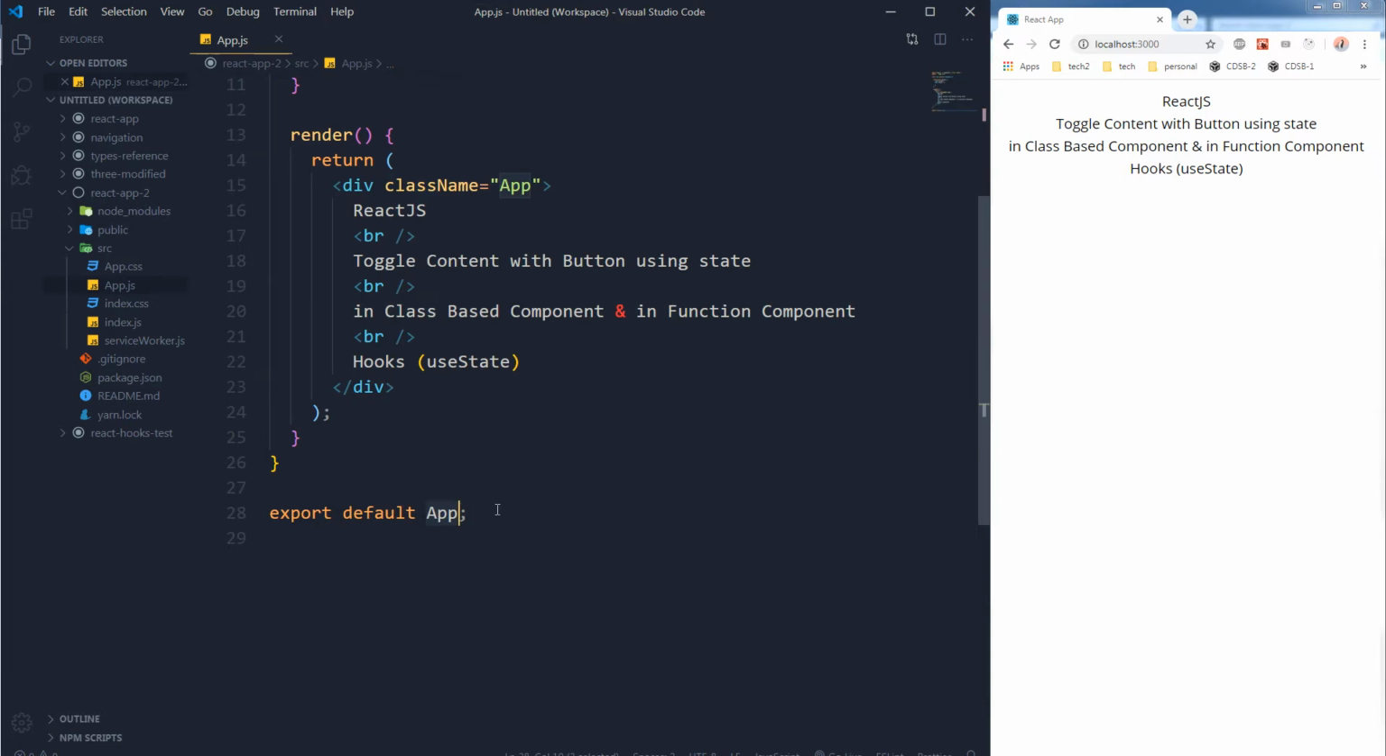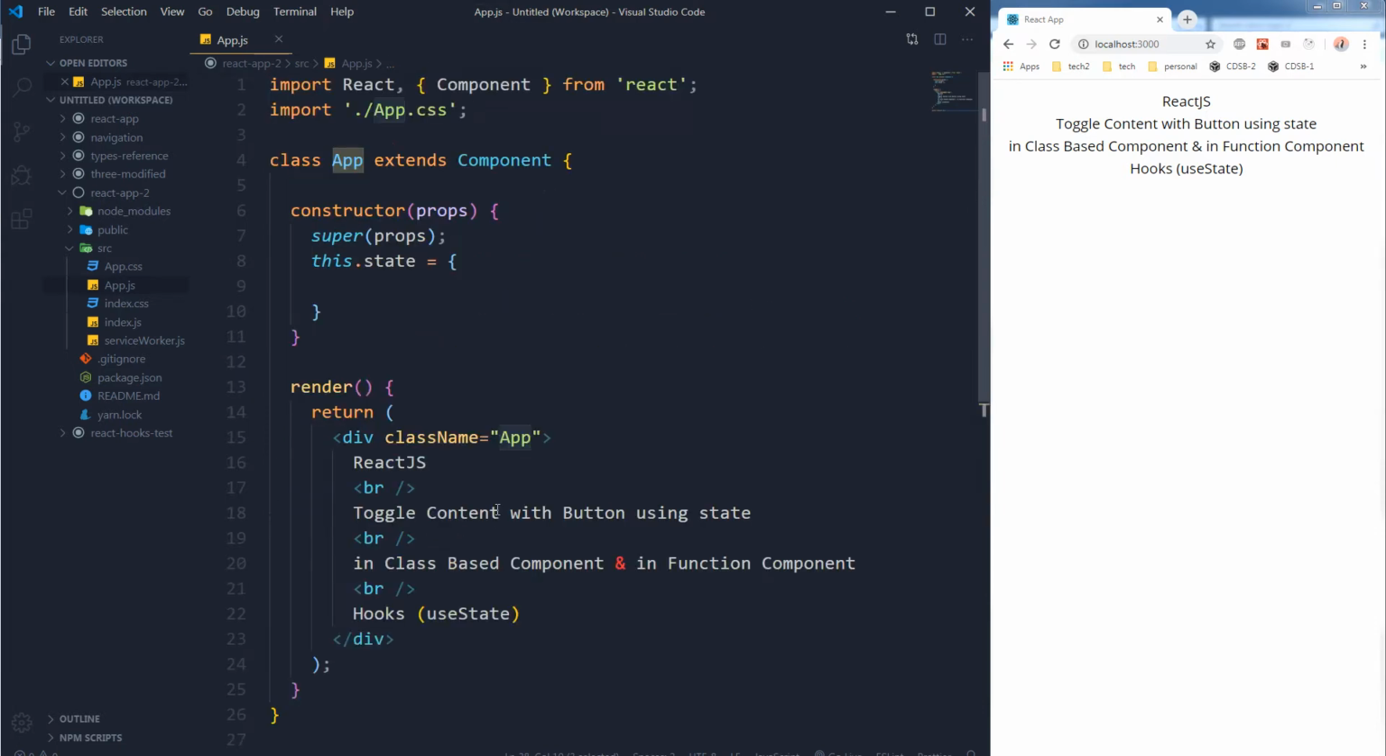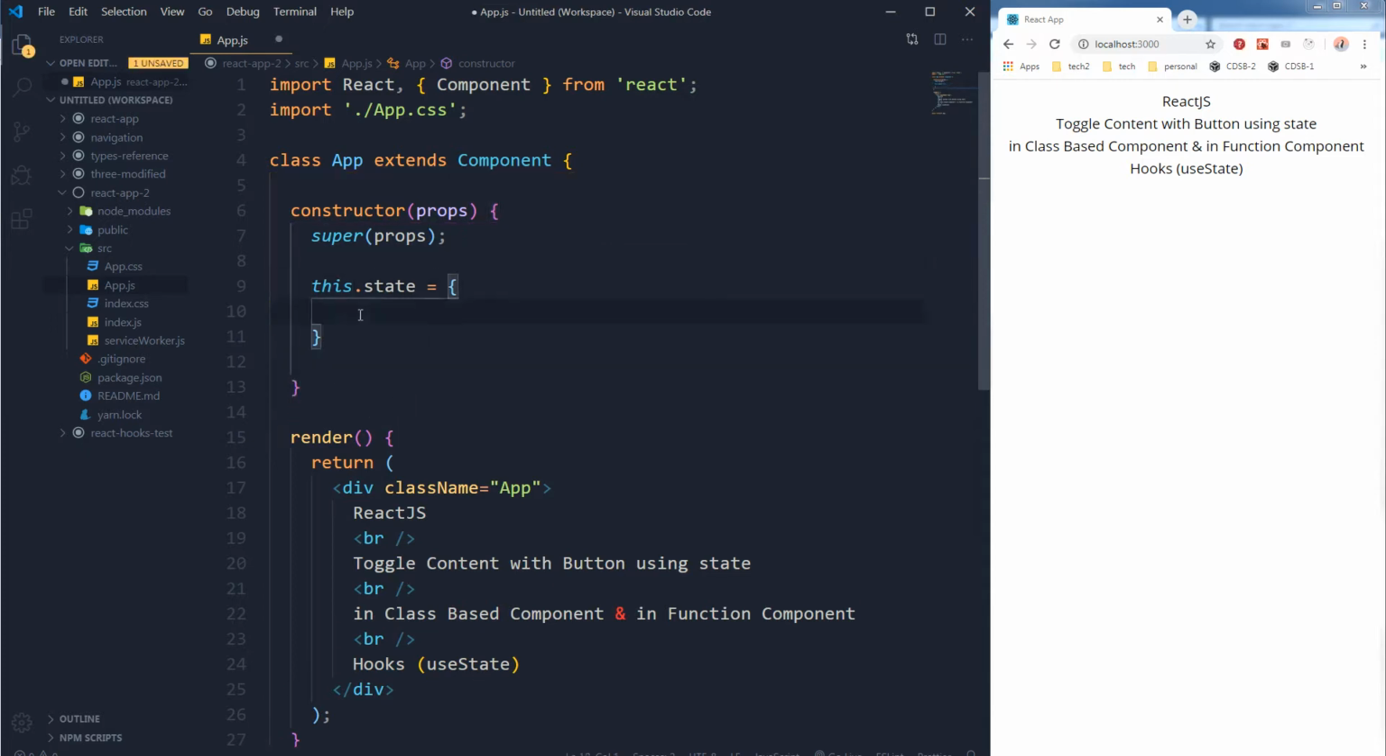and this App is being exported here, and this class is extending Component. Because this is a class-based component, we have to use a constructor to define our state. So constructor props, super props, and here will be our state. We will have a single state, showContent,